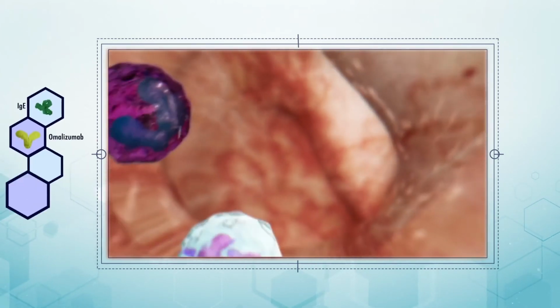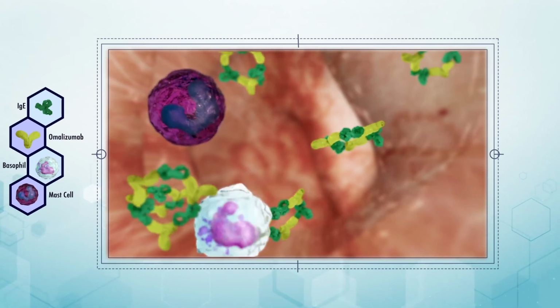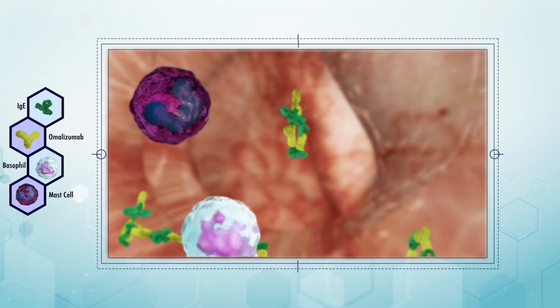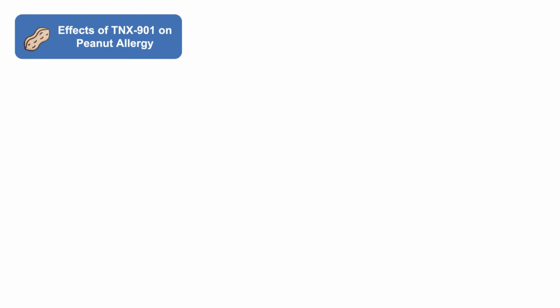By decreasing the quantity of IgE antibodies, omalizumab reduces the number of high-affinity IgE receptors, further limiting the ability of IgE to bind to its target cells. The first studies of anti-IgE in food allergy were published in the New England Journal in 2003 with TNX-901